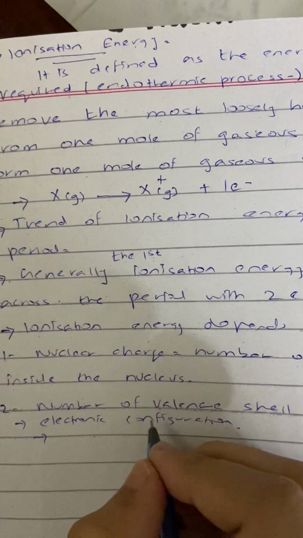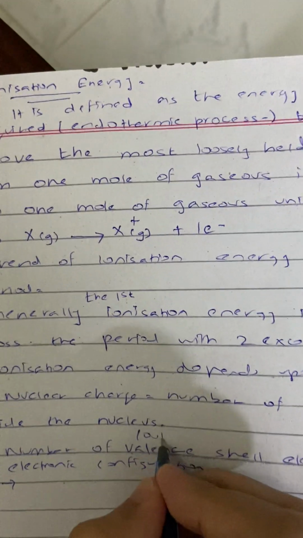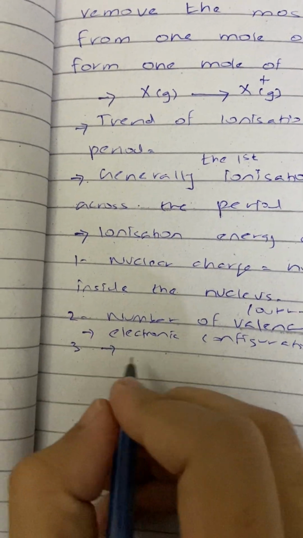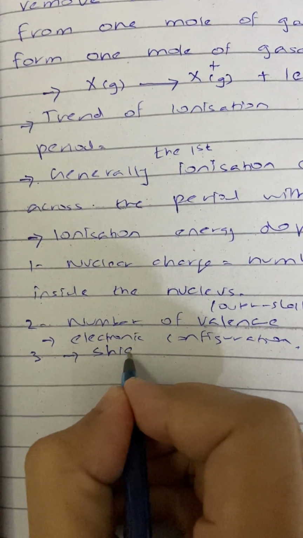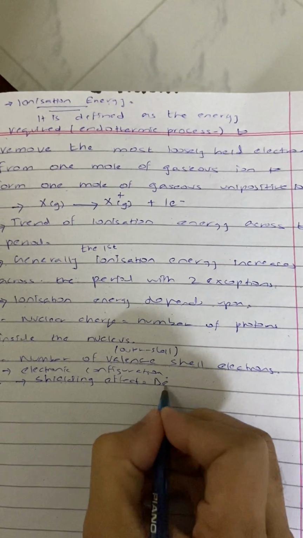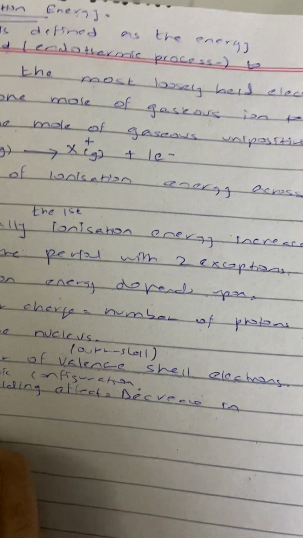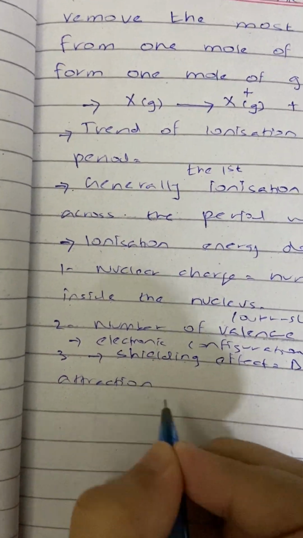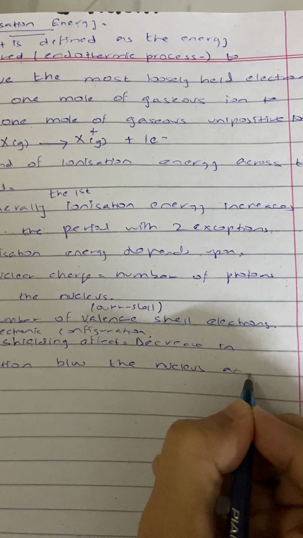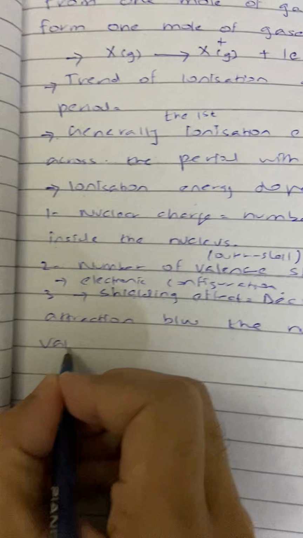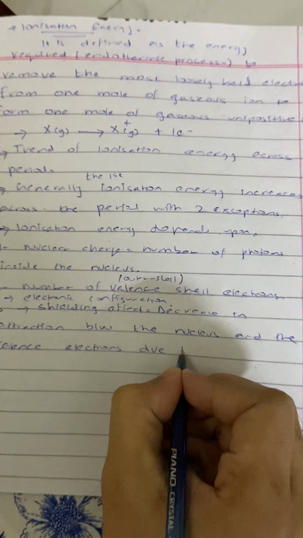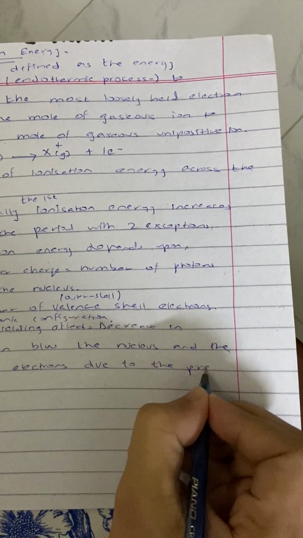Valence electrons are the outer shell electrons, the outermost electrons. It also depends on the shielding effect. Shielding effect is the decrease in attraction between the nucleus and the valence electrons due to the presence of